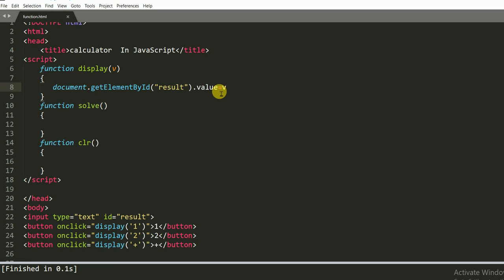So we need the plus equal to sign. This variable stores current values, and we add the new values. So this is our display function.